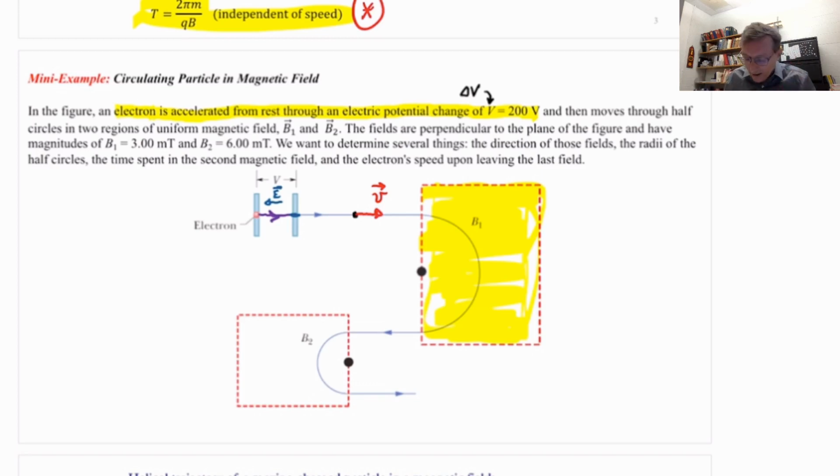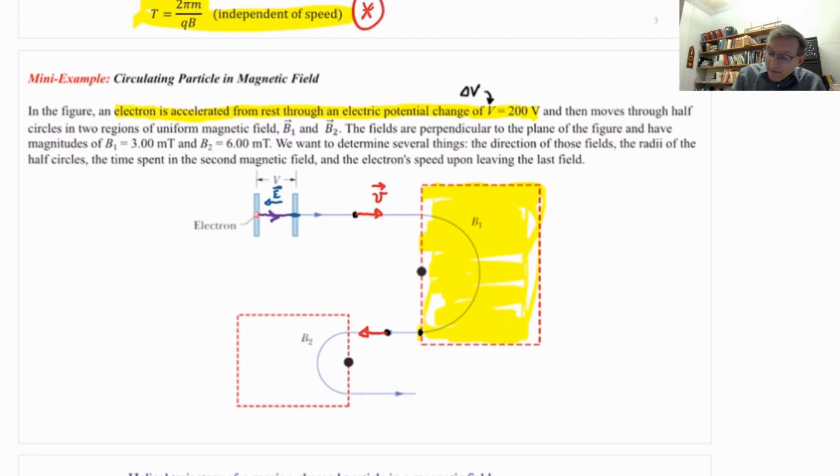We don't know which. And then as the charged particle, the electron, enters that magnetic field region, notice it immediately starts to circulate, move in a circle, until it comes around to this bottom point right here at the end of the field region B1, at which point it leaves the field region. And then it moves in a straight line again, going that way,